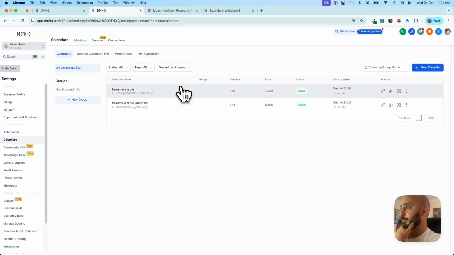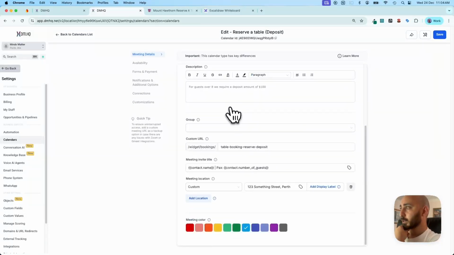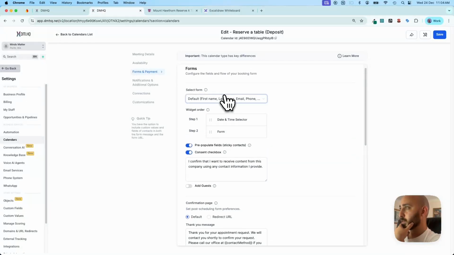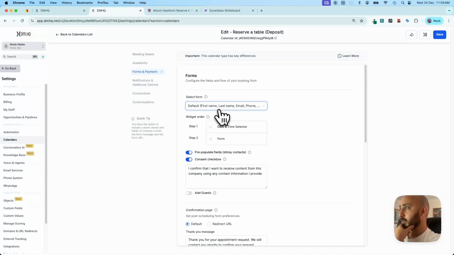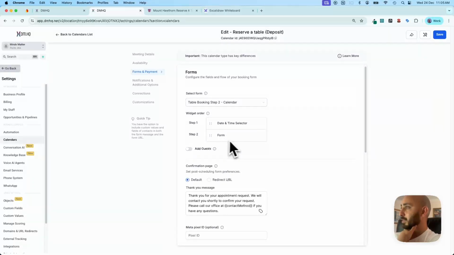Go back out into deposits, and we'll find forms. Sticky's fine, we can keep that as sticky, and we'll get step 2, make sure step 2 is last in the widget order. Hit save,